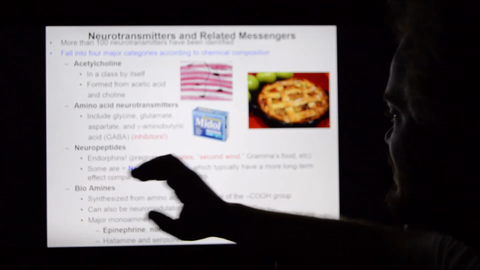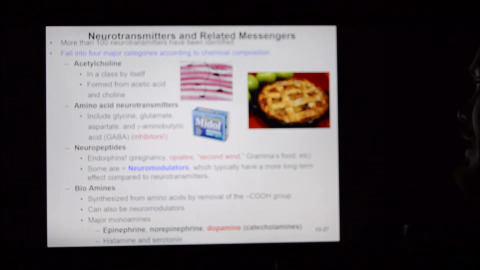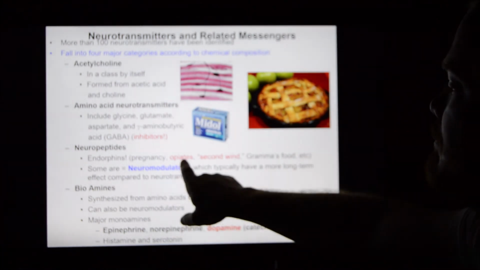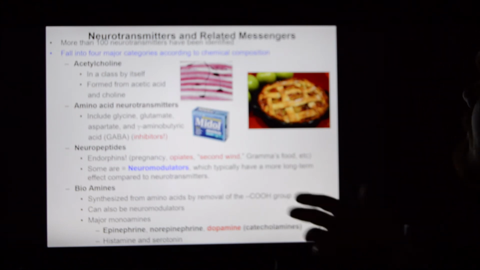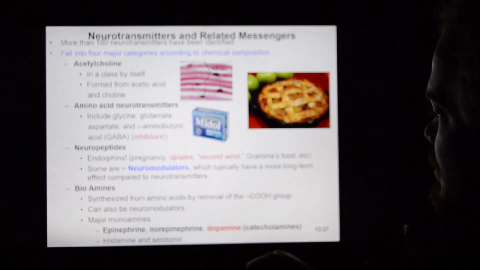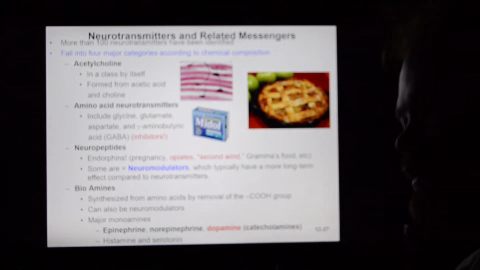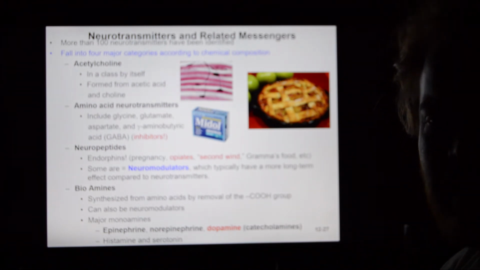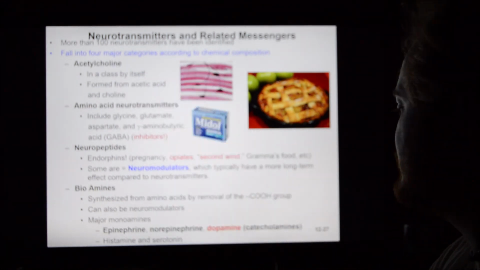These have an effect on the body of calming you down and decreasing the way you feel pain, just making you feel better, feel good. Opiate-based drugs mimic the effect of endorphins. Even comfort food, the way your book would describe it, elicits an endorphin-like response. So you go in grandma's house and you smell that cooking and you just feel better. Like everything's just better. That's a classic release of endorphins.